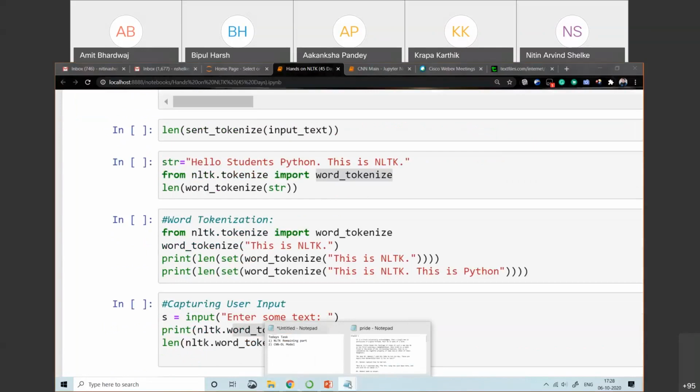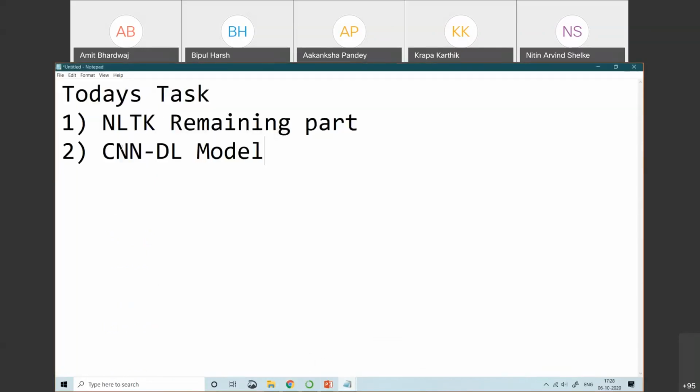Nitin, can I stop you for a while? Right now, when we are doing this kind of text mining, we are talking about polarity and subjectivity so that we can make sense of a particular article.